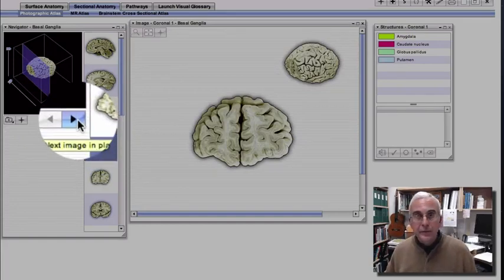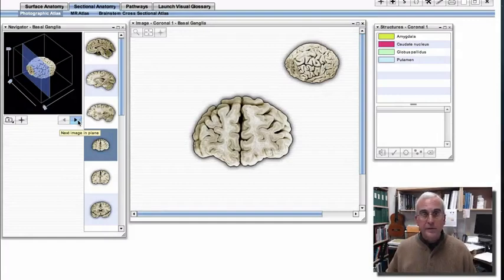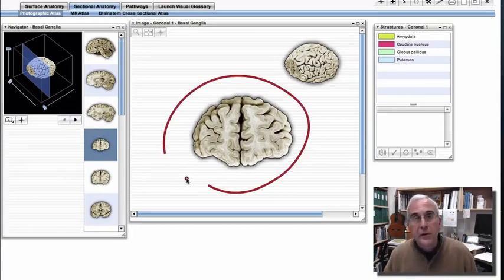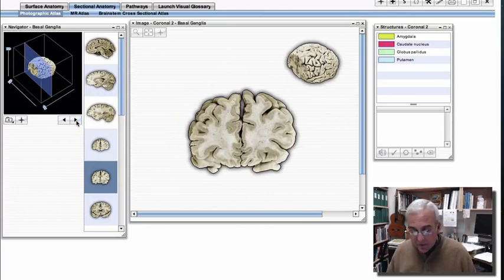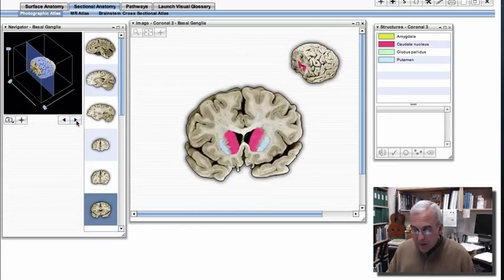And I've selected the filter set that will colorize components of the deep gray matter as we encounter them. So let's begin to section about a few centimeters from the anterior pole of the hemisphere. And I just want you to notice that there's no deep gray matter a few centimeters into the brain. Just a reminder that the basal ganglia are set in towards the center of each hemisphere. So if we section back now another centimeter or two, now we begin to see the basal ganglia as they're arranged around the very anterior edge